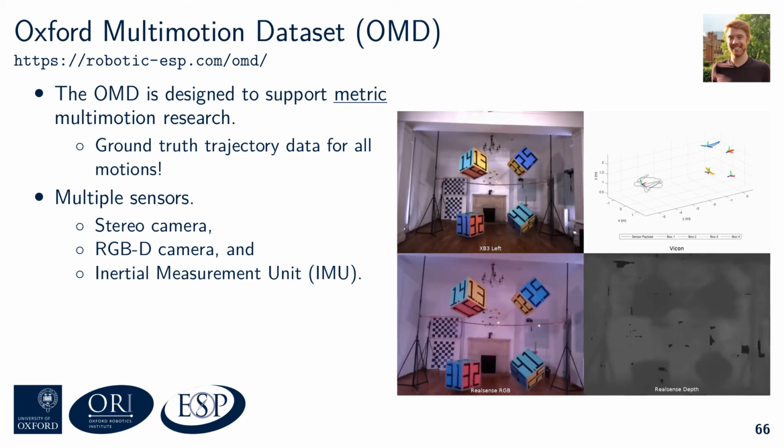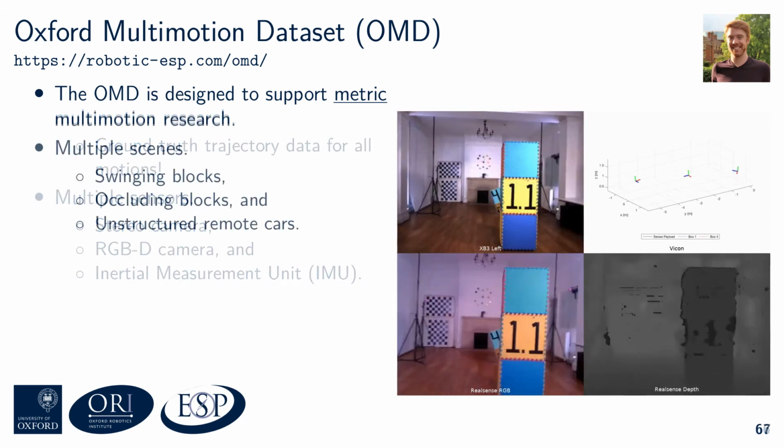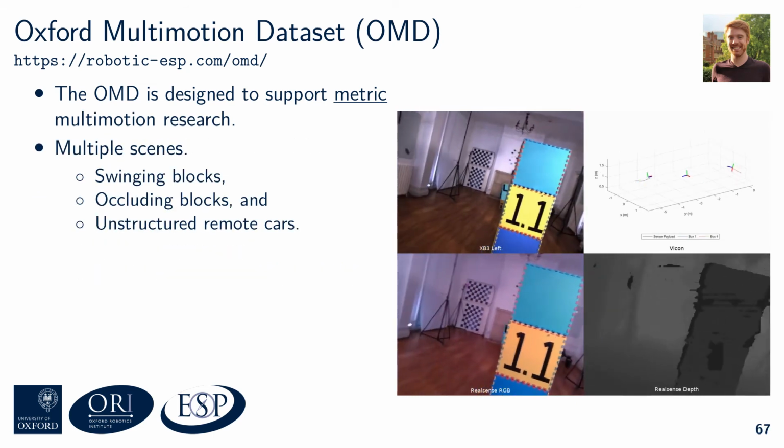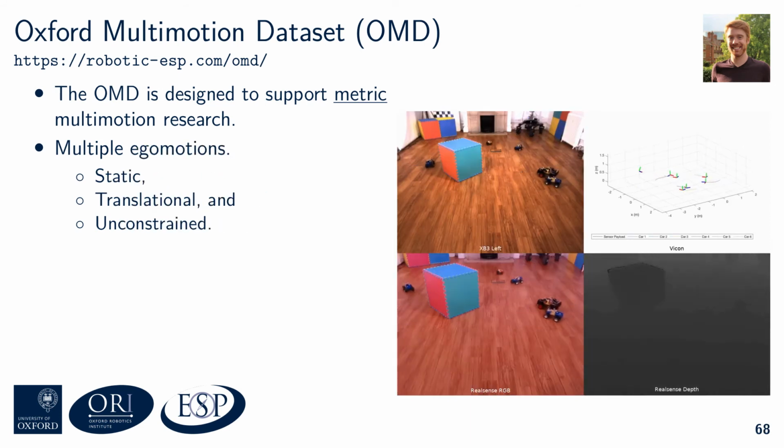And the dynamic scenes include scenes with multiple independent motions, like the swinging blocks here, motions that purposely come in and out of occlusion, like the tower and swinging block here, and a number of complex scenes that are unstructured and have a number of different motions, up to 6 different RC cars being observed from the sensor rig. For all these different scenes, the data is captured in 3 different ways: one with the sensor rig completely static, one where the sensor rig mostly only moves translationally, and one where the sensor rig moves unconstrained through SE3. The dataset is freely available to everyone and is available from our website at